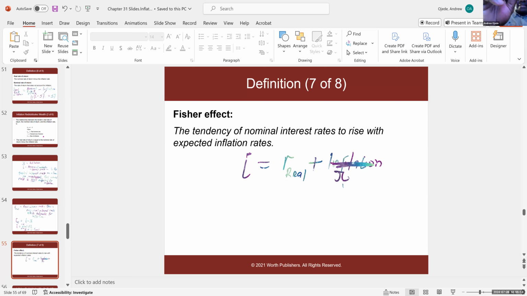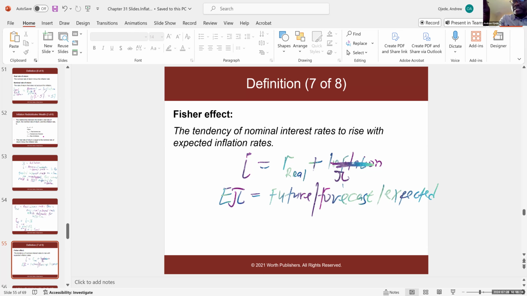So we're going to define E pi. You can call it future inflation. Remember, future inflation is not known, but it's forecast. You can forecast it, or it can be predicted. You can call it future or forecast inflation, or you can call it expected inflation. Okay, or predicted. So that means the relevant nominal interest rate, which is a Fisher equation,